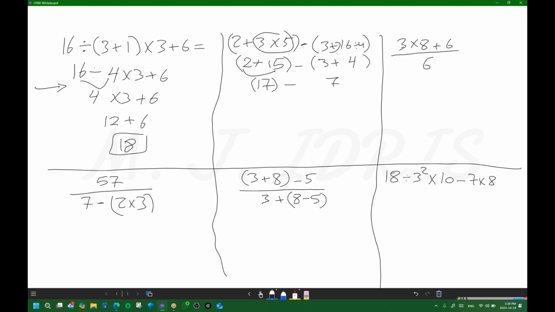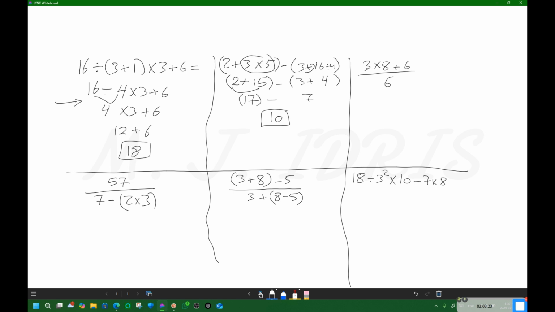I don't need to do the brackets here. 17 minus 7, the answer is 10. And that's it. As for this one here, when you see a fraction line,